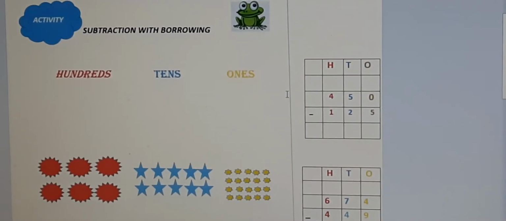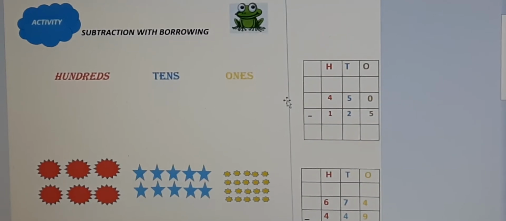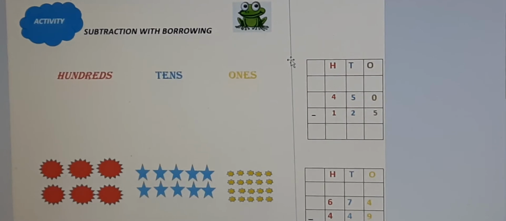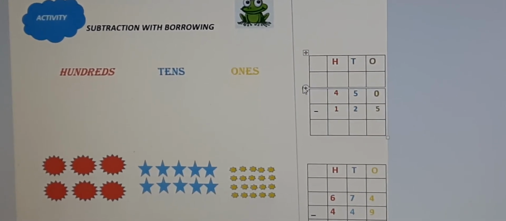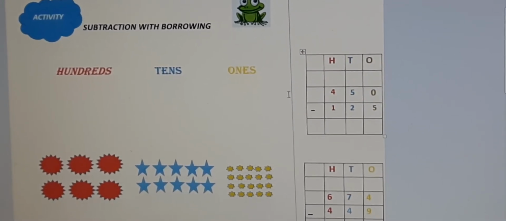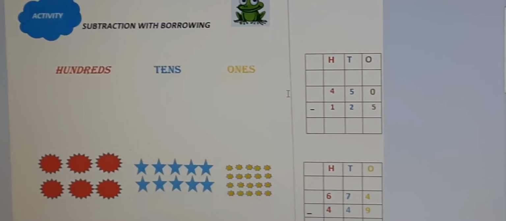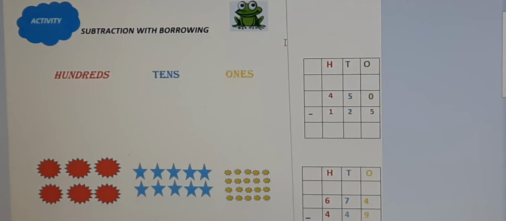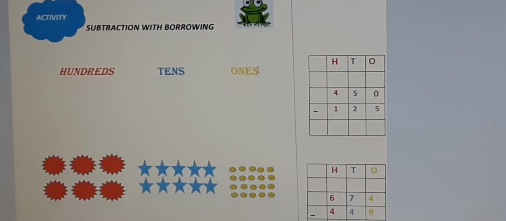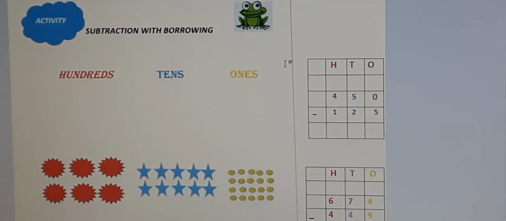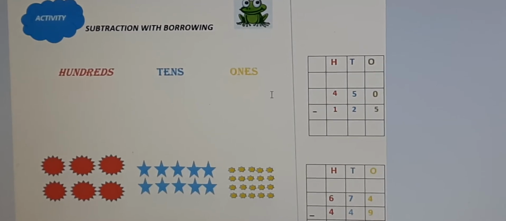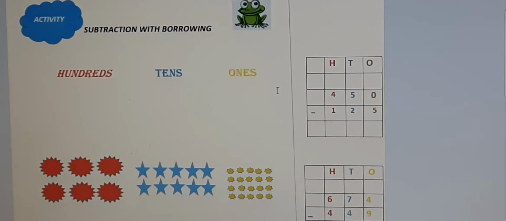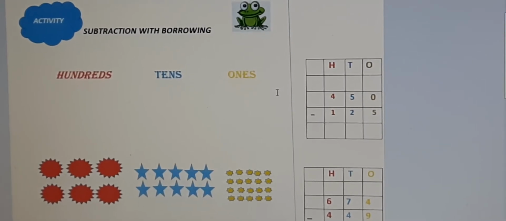Then why is there a difference between the counting of stars? Okay. So he wants to know what is the difference between the two, 450 and 125. Okay kids, and he needs our help. So let's help Froggy to solve his problem. Okay, so what we will do first, we will align the minuend under various places and then we will subtract